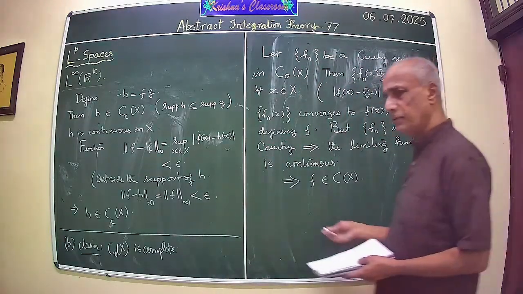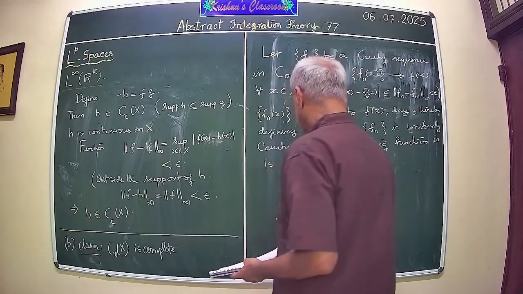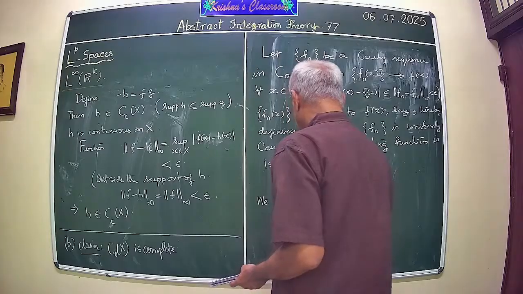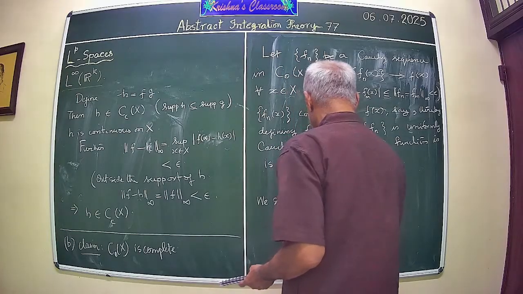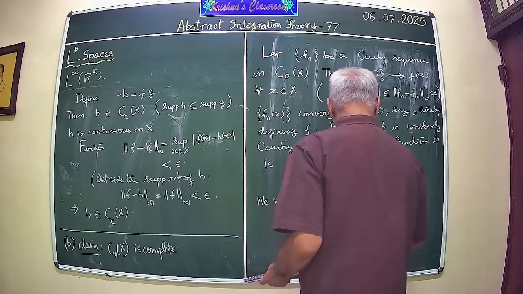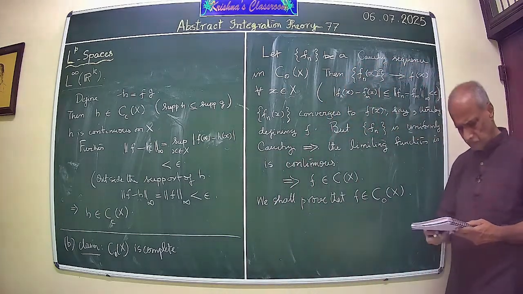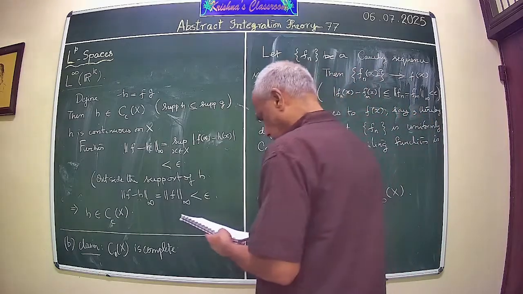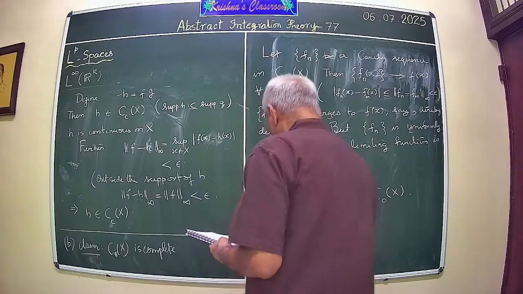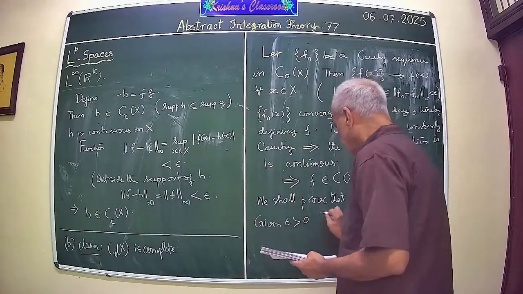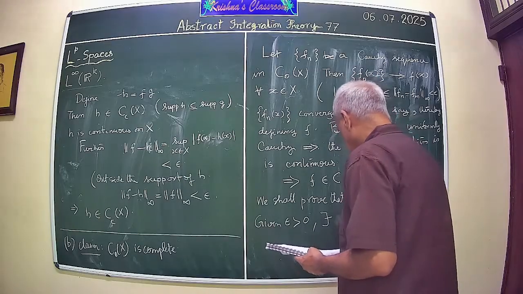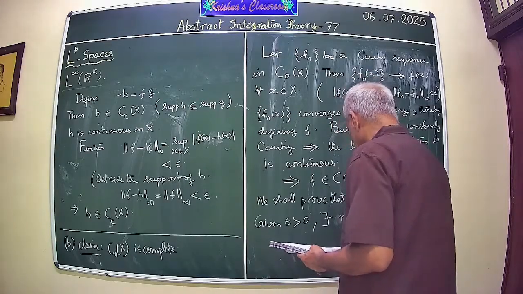Now the question that you have to answer is what we prove: that there exists an N such that